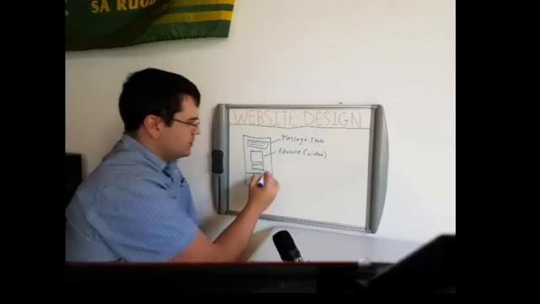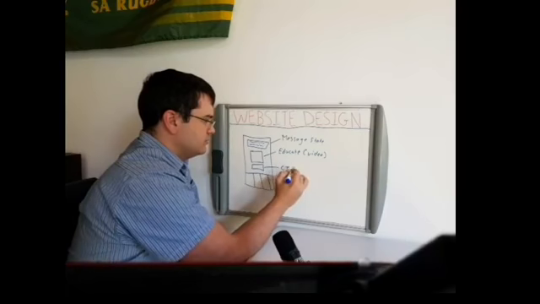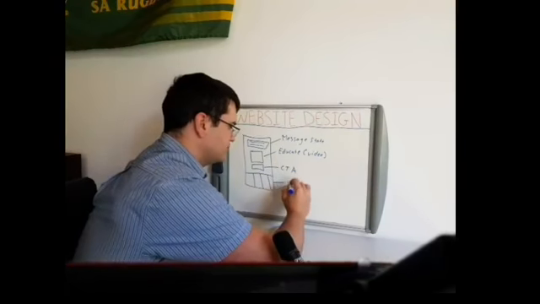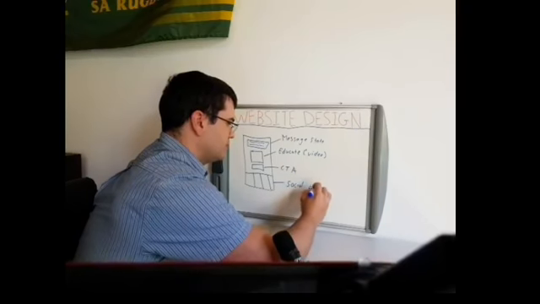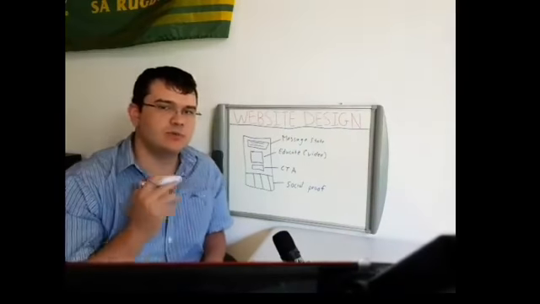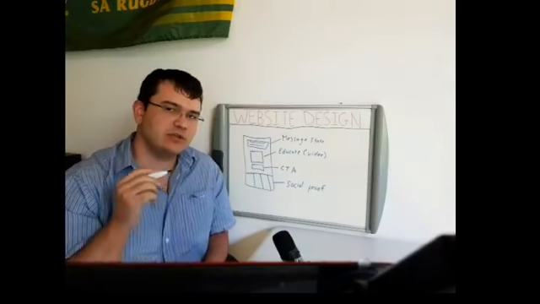Then you want a call to action. Call to action. And lastly, social proof. This is your most important 4 parts, because this is the first thing that they're going to see when they